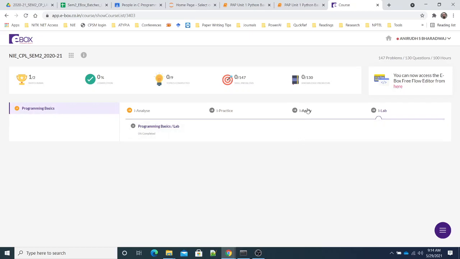Now what about iApply? I did not mention. iApply is certain additional application oriented or industry oriented programs which you are recommended to do so that you get sufficient exposure to application programming or industry standard programs, and that will help you to further fine tune your programming skills. But as far as the C programming lab course is concerned, this is not even considered for any marks. Okay, this is an additional set of programs which you are recommended to do.